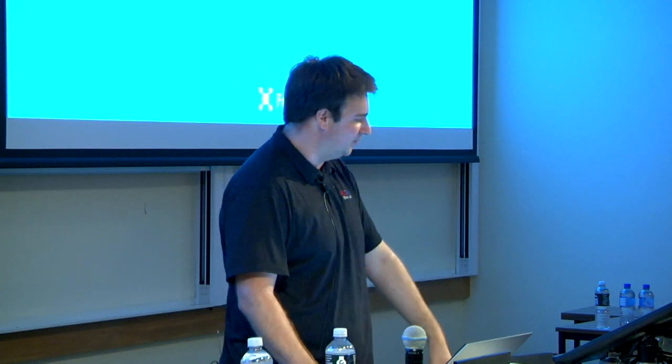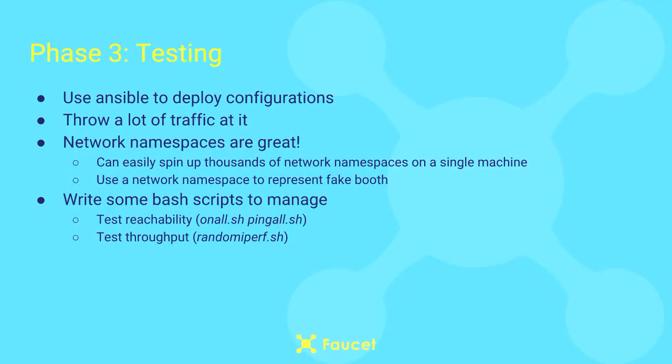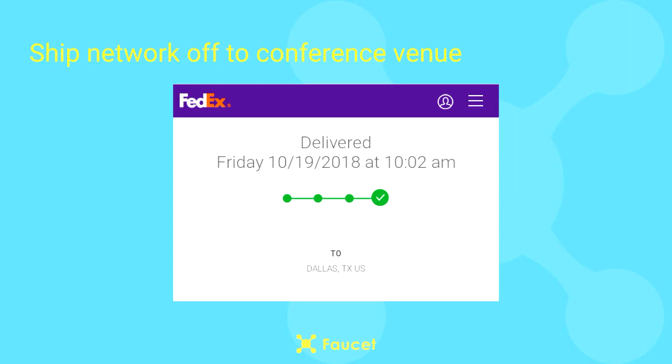And then I had this random iperf test that you ran. It found a random pair of hosts on the network and did an iperf and made sure it was 10G. Now, unfortunately, I didn't have any 100G test equipment, so I couldn't actually test it at full speed. But you kind of just assume that vendors know how to make fast network hardware. And so after a couple of weeks of testing, making sure everything was happy, we shipped it off to Dallas